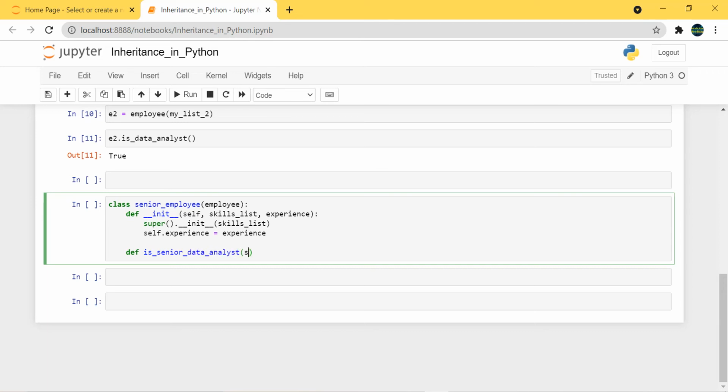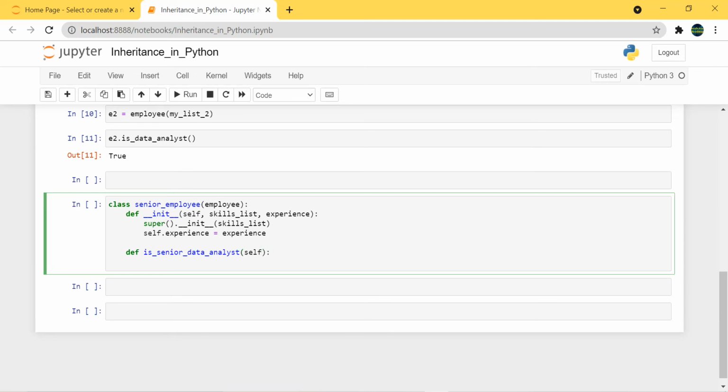Okay, so we call our self, and we say that if self dot is data analyst, so we call our method, which is data analyst,